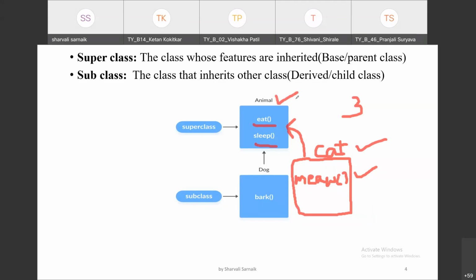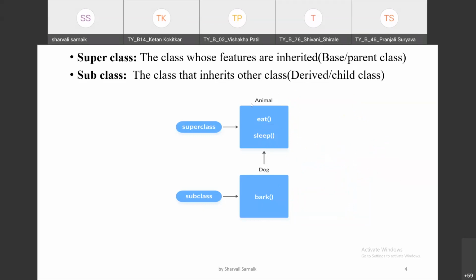And this animal class we call a superclass, base class or parent class. When we derive a new class and inherit the features of the base class, we call this concept inheritance.